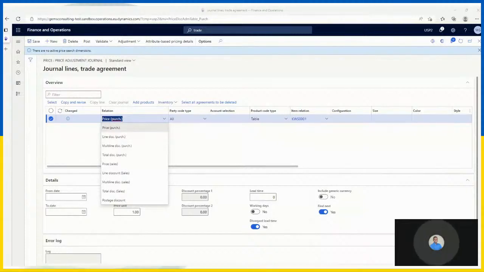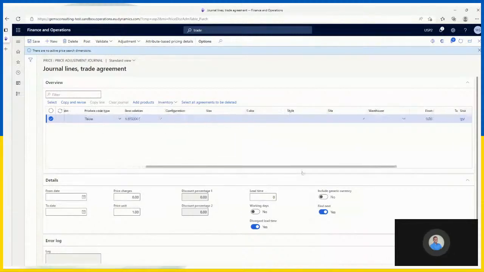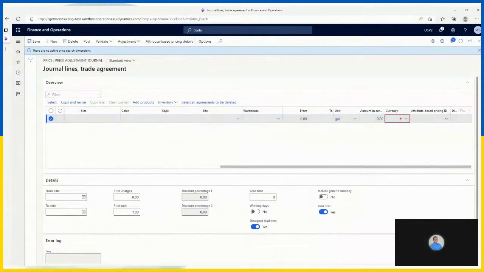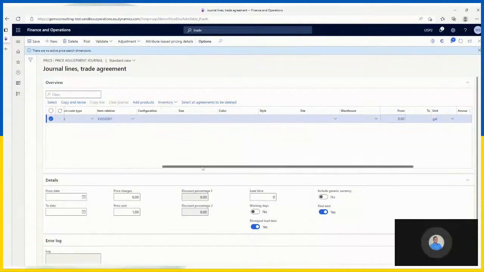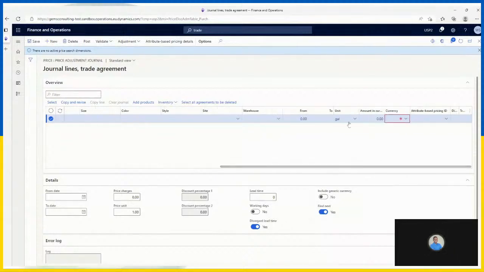So I said the line discount agreement is a discount percentage or a discount amount that can be applied if the quantity on a sales or purchase order line meets a minimum quantity or a maximum quantity that is required by the agreement. So what that simply means is on this line, for instance, I have a minimum and I have a maximum. So I could tell the system that whenever I'm purchasing this KS water and the quantity falls between 2 gallon